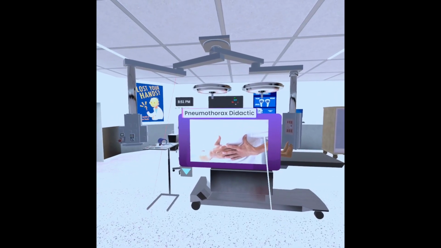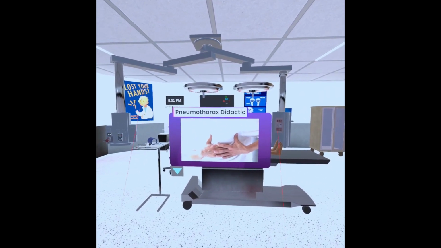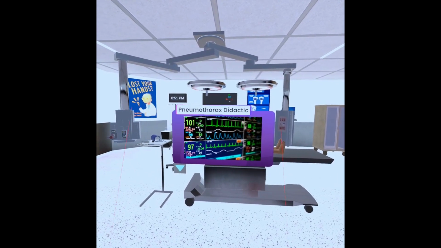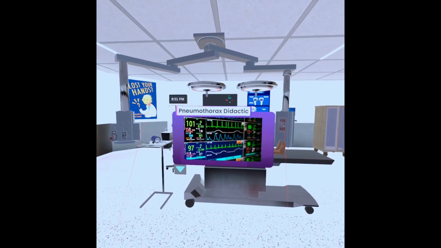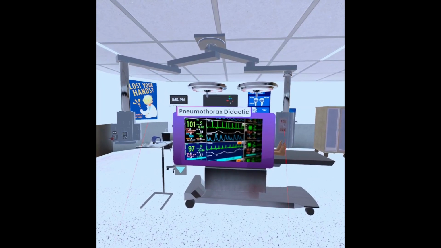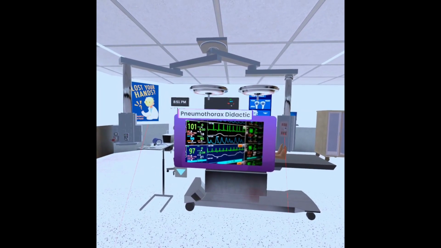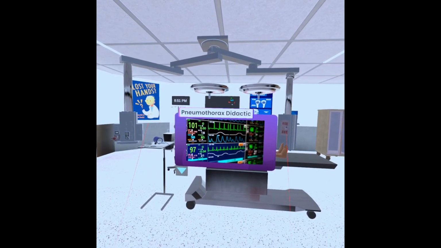But once that's done, we want to then move on to attaching our monitors. So this includes a blood pressure cuff, EKG leads to monitor the heart rate, and also an O2 saturation monitor to monitor their saturations. The patient is short of breath because they're hypoxemic, and for this reason they'll also be